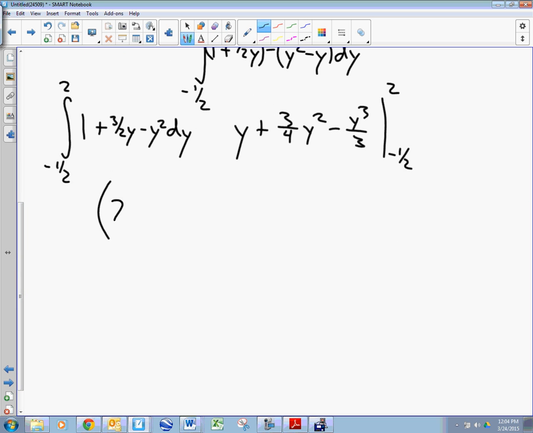Okay, plug in 2. Plus 2 squared is 4. Cancels out the 4, so I got 3. Minus 8/3. Minus, plug in -1/2. What's -1/2 squared? Times 3/4 will be 3/16. A half to the third, 1/8 divided by 3 would be 1/24. But it's negative, so it will be